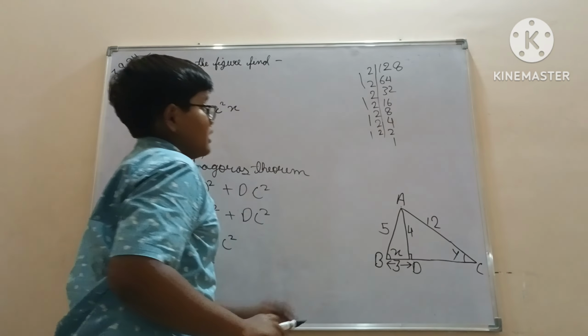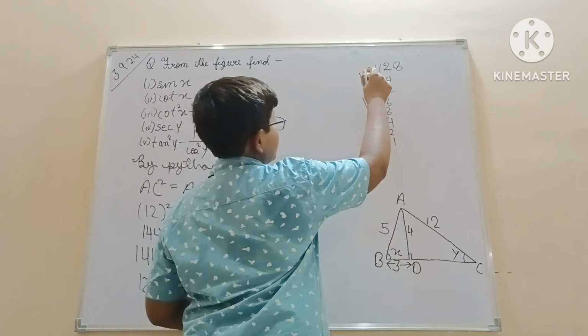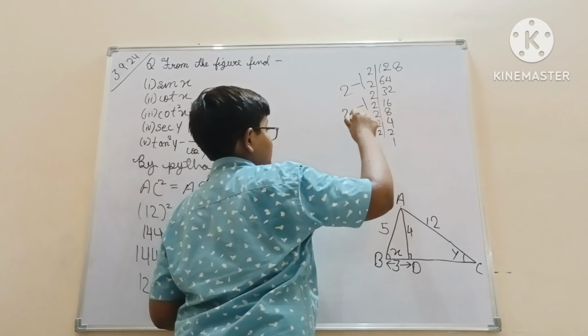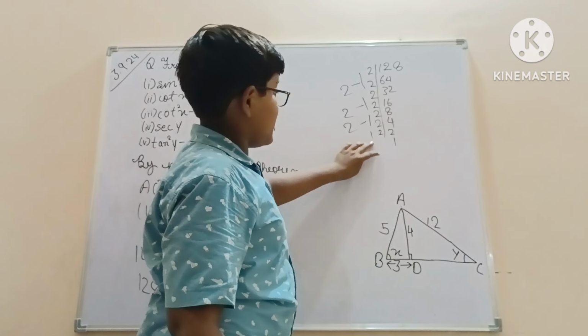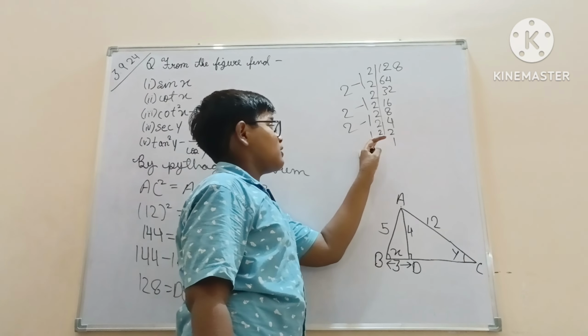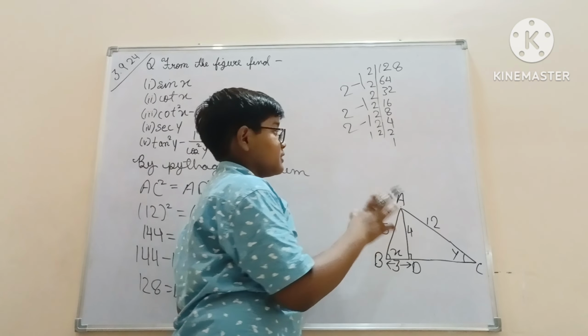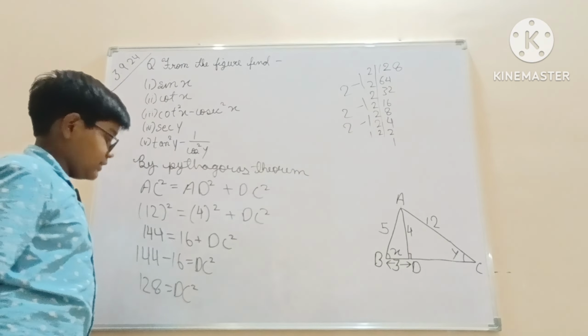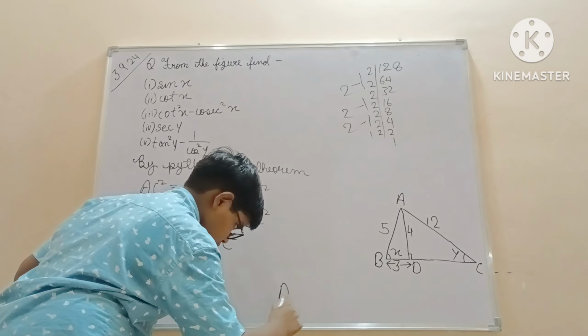So we can write this as this. In these two, one will be taken out. In these two, one will be taken out. In these two, one will be taken out. This does not have a square pair, so it will be remaining inside the root. Then these both values will be rooted to find the value of DC. So DC will be